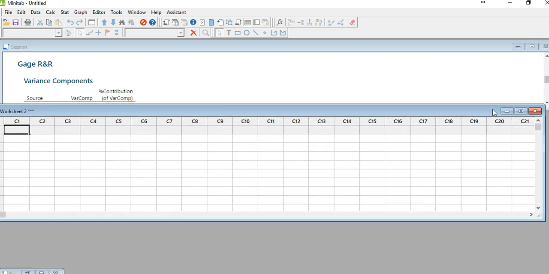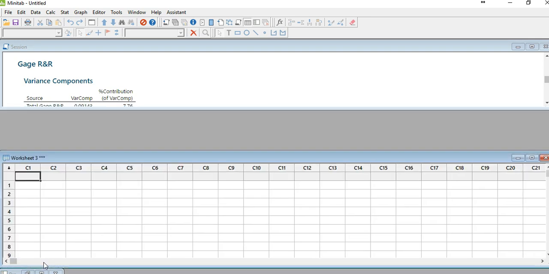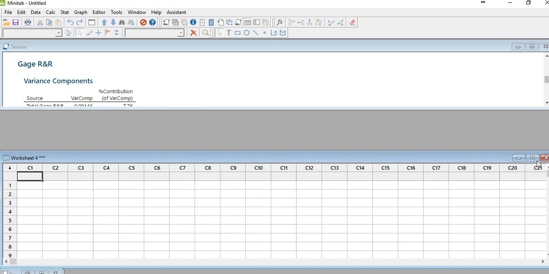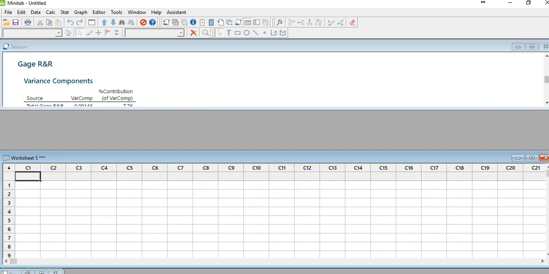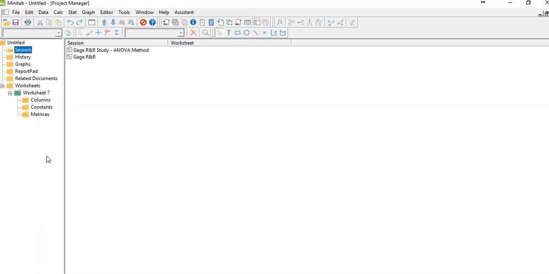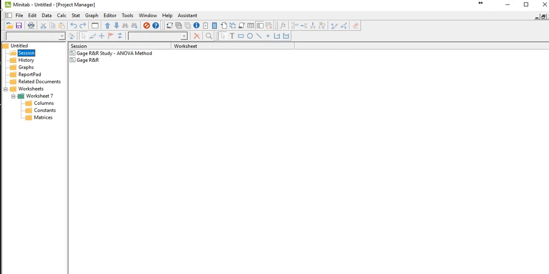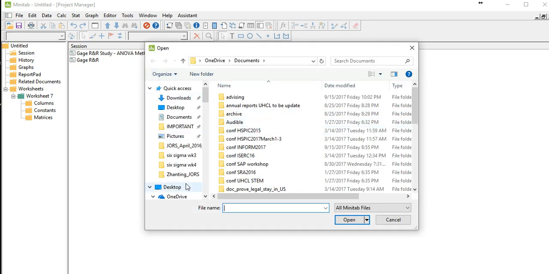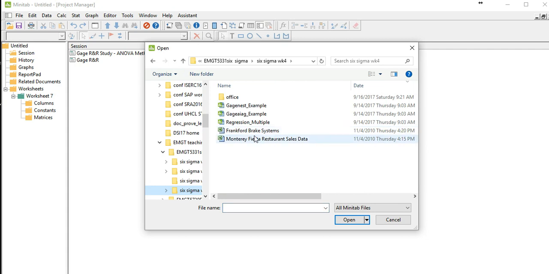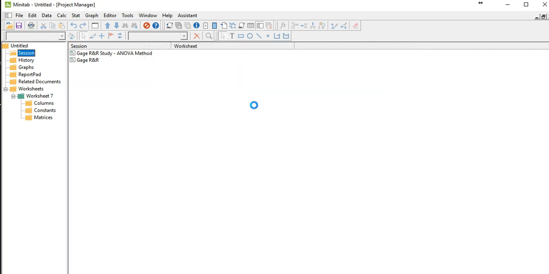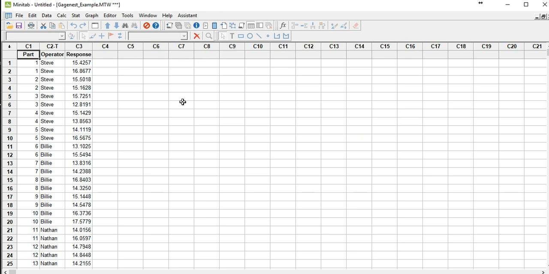So let's close this, close this, close this. Okay, so we can open from here. After you open the file, which is Gage nest,